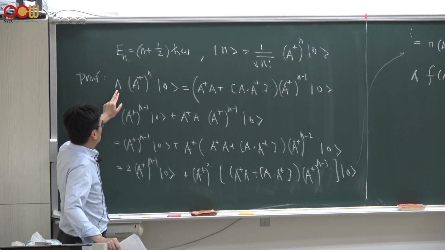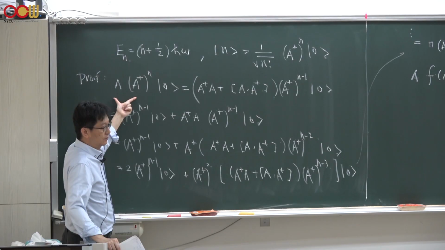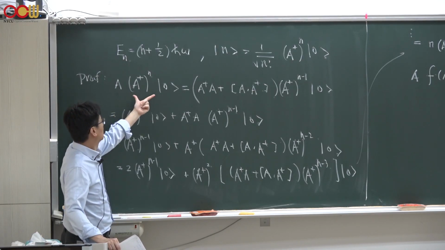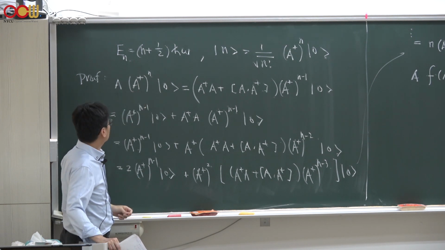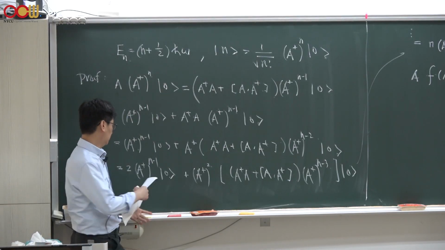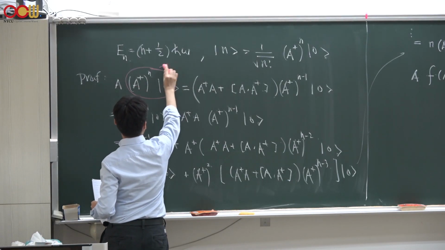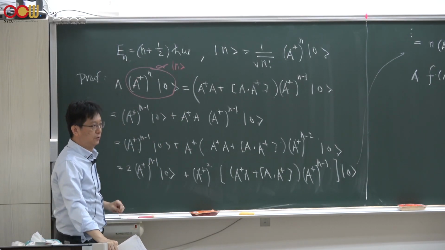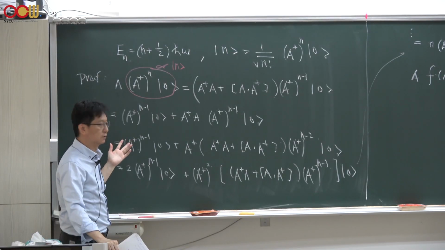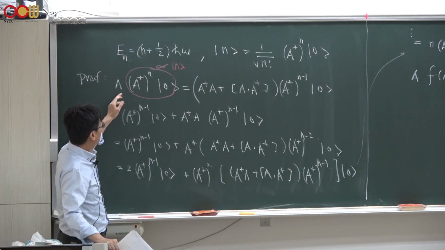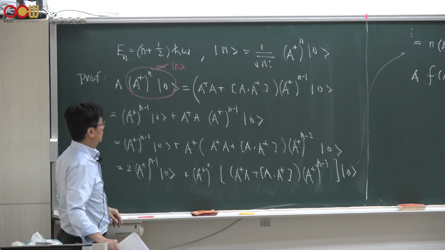So let us just try to do this algebra and see what we get, right? Suppose I act this A operator acting on this nth eigenstate, which is proportional to A dagger to the power of n acting on 0, right? So this is proportional to the state n. Of course, they differ by a prefactor, and this is precisely what we want to do. Suppose I apply this lowering operator, or take the elevator down by 1 floor, then we could just simplify this